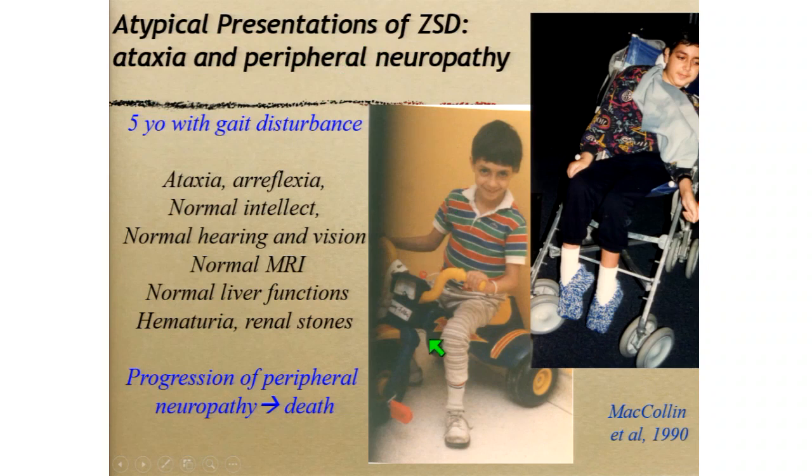And here's a 5-year-old boy who presented with ataxia and areflexia and normal intellect. He was normal for other parameters, but he did have hematuria with calcium oxalate renal stones. And here he is at 5 years of age, and here he is at 13 years of age. And this disorder was also severe in the sense that there was a rapid progression of the peripheral neuropathy